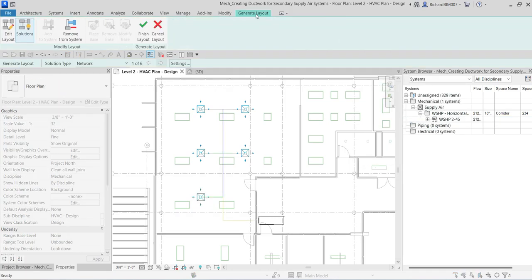Then you will go to the generate layout tab, and solutions is highlighted. For the solution, if you look at the options bar, you have the solution type here. You actually have three solution types: network, perimeter, and intersection. Each solution type consists of several solutions. For example, for network,